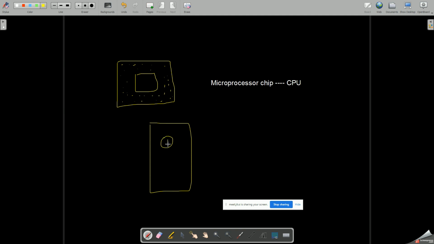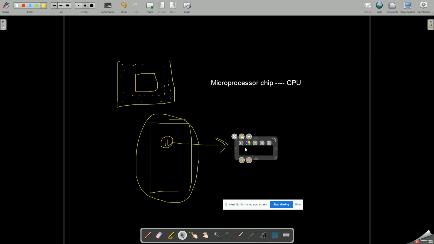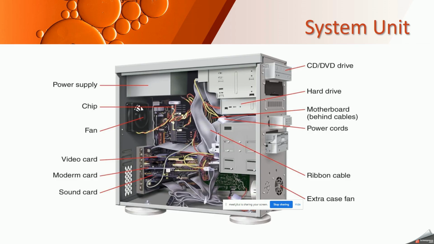Got it? And the big huge box which you see with a power button, that power button is what? It is actually not the power button. This entire box is actually your system unit or your CPU box. Got it? So you can see all the different parts here: CD, DVD drive, hard drive, that is your hard disk, is kept somewhere over here.